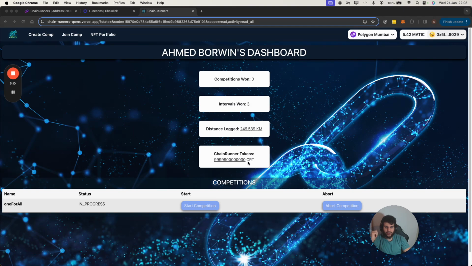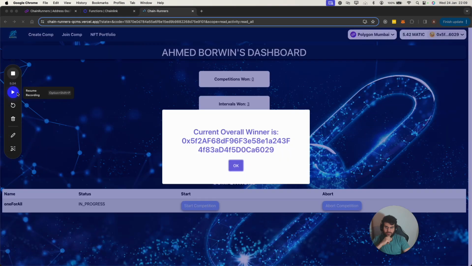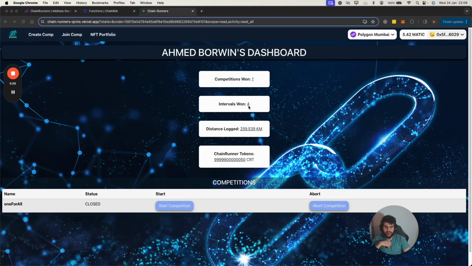So we're just waiting for the final interval to come through. So the final interval came through, and as you can see over here, this address is at 4 intervals, competitions 1, awesome, and the distance logged, which started off at like 219, I think it was. So we've just added 40. I think it was 10k, 10,000 meters